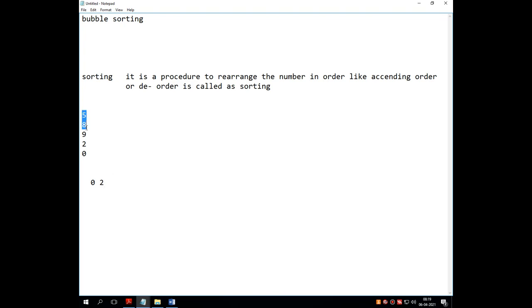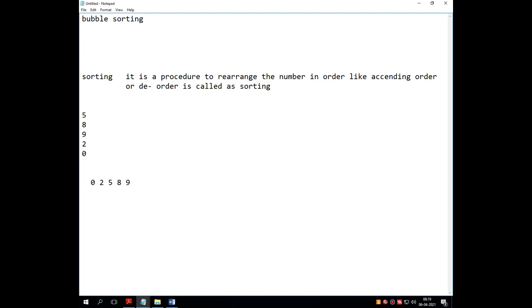Then again it compares the remaining ones, finds the smallest one and puts it onto the third position, that is 5. Again it compares the remaining two, finds the smallest value and puts it into the next location, that is 8, and by default the last one is the highest one.